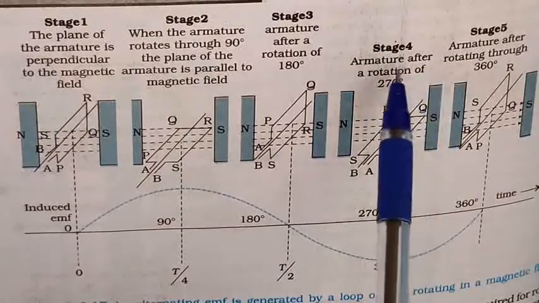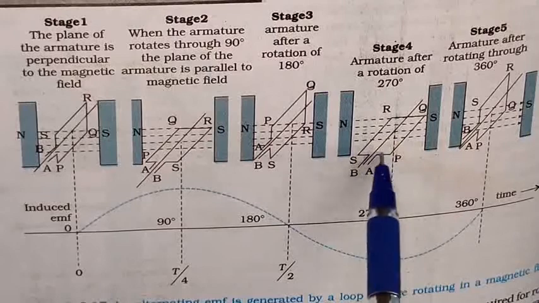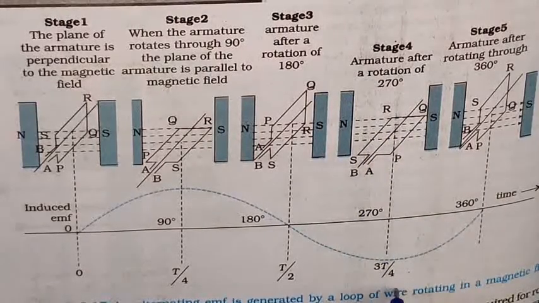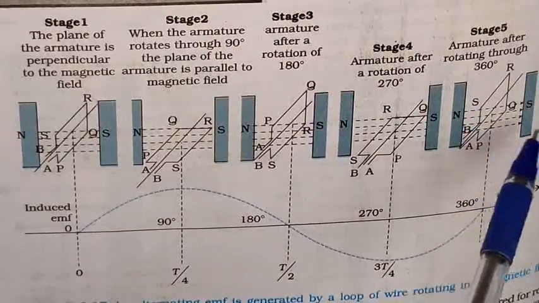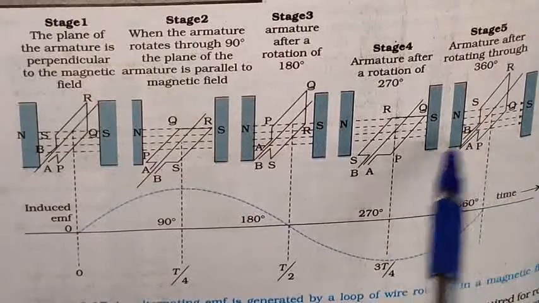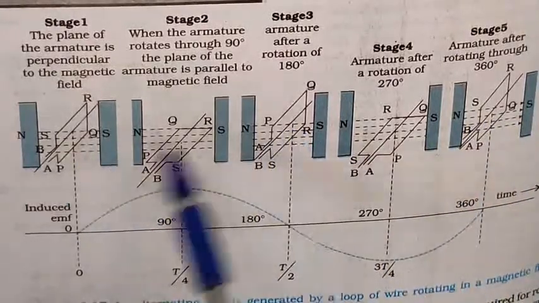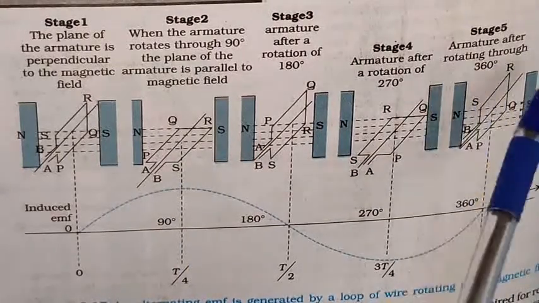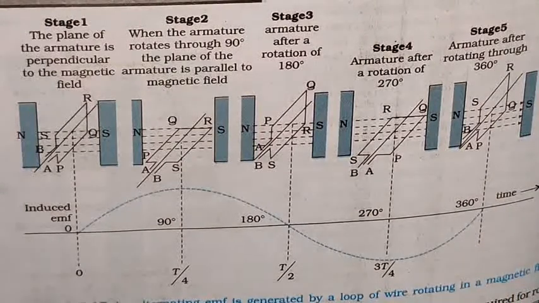In stage 4, the armature after rotation of 270 degree. So this is the rotation of 270 degree, that is 3T divided by 4. Lastly, you have to rotate this for 360 degree. This is the direction of the magnetic field shown here. Now the armature after rotation through 360 degree. So once you observe this one,